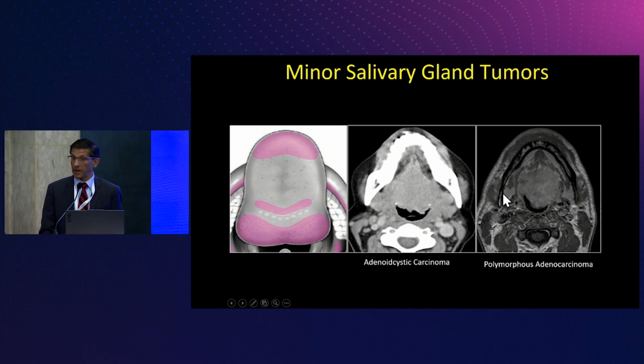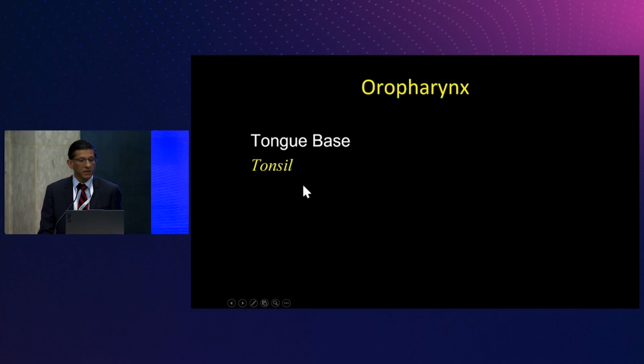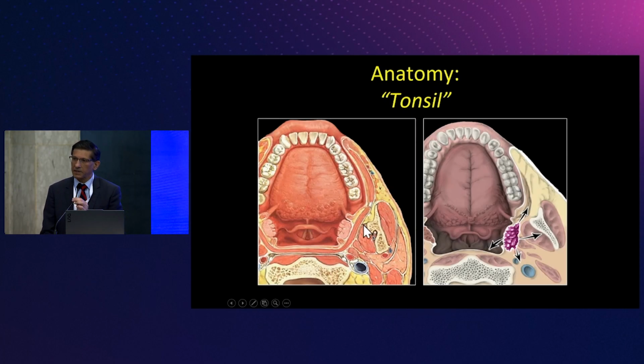The only thing that we can suggest is that when I see a patient and I see that they have a tongue-base mass and I don't see a mucosal lesion, everything is below the mucosa, then I can suggest that maybe it's a minor salivary gland tumor. But radiologically, it's very, very hard to be accurate. So the next part of the oropharynx is going to be the tonsil. Again, Dr. Weil did a beautiful job going over the tonsil. He talked about the three components, which is the main component here, which is the palatine or the faucial tonsil. We then have this muscle that he mentioned, the palatoglossus muscle, which forms the anterior tonsillar pillar, and there's another muscle posteriorly, which is the posterior tonsillar pillar.